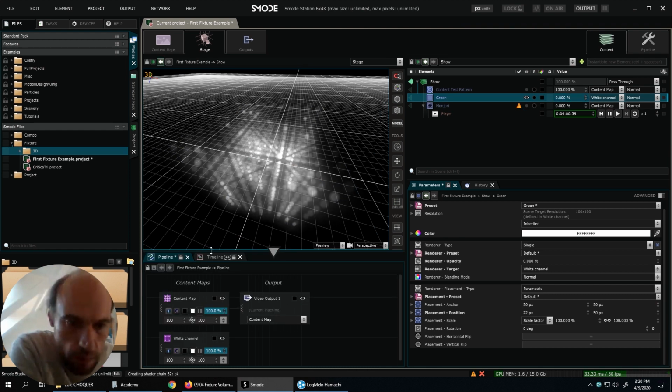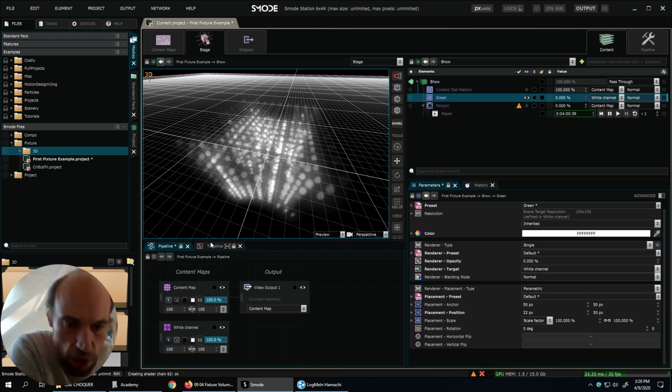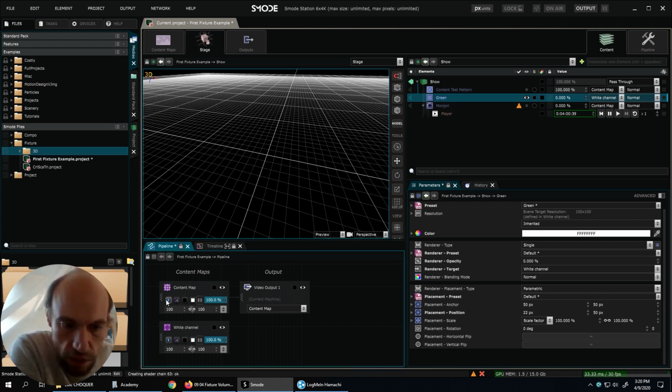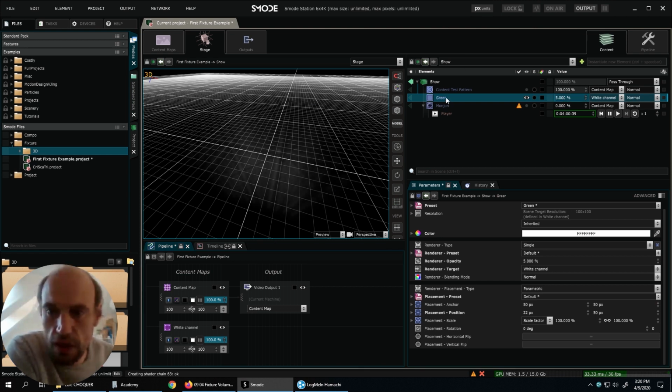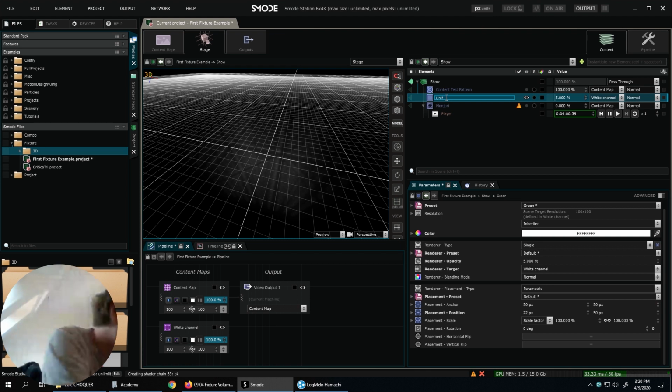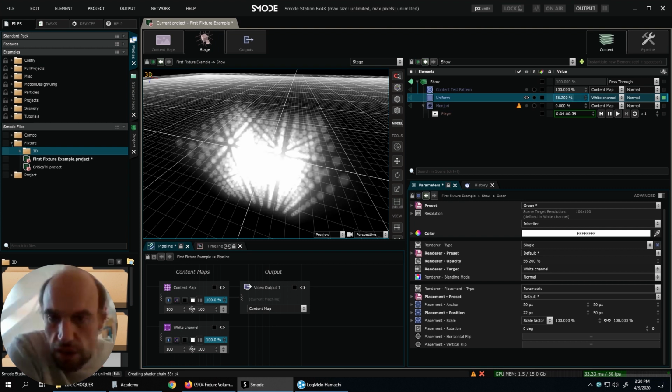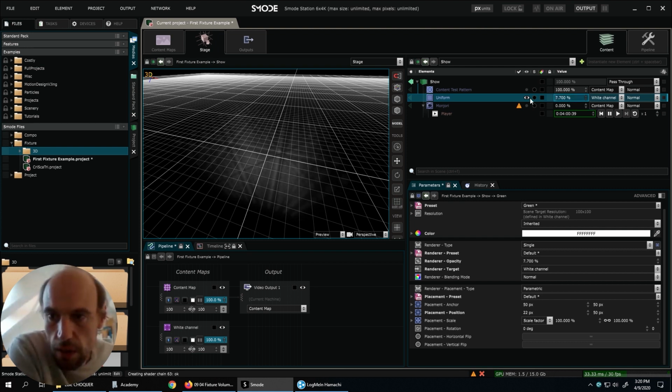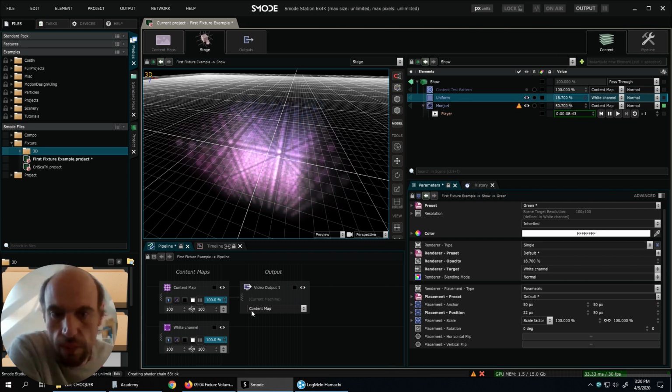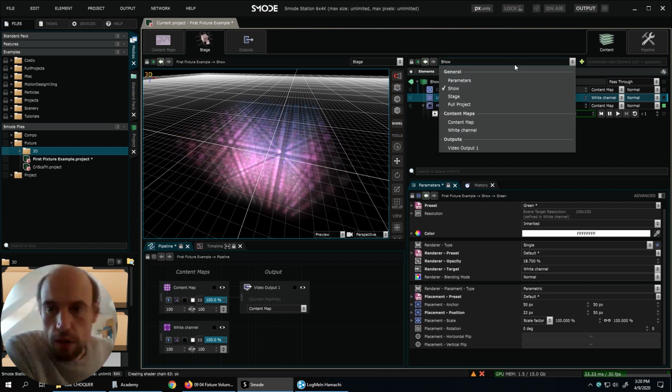And my content map is still in test pattern mode. So I need to select the content mode so that the content goes through it. And now I have this uniform layer, so it's no longer green, which is going into the white channels of the pixels. And I have this Manjari layer, which is going into the RGBW channel of the pixels. And of course, I can have both together. So that's it for the very basics. Maybe we have some questions.